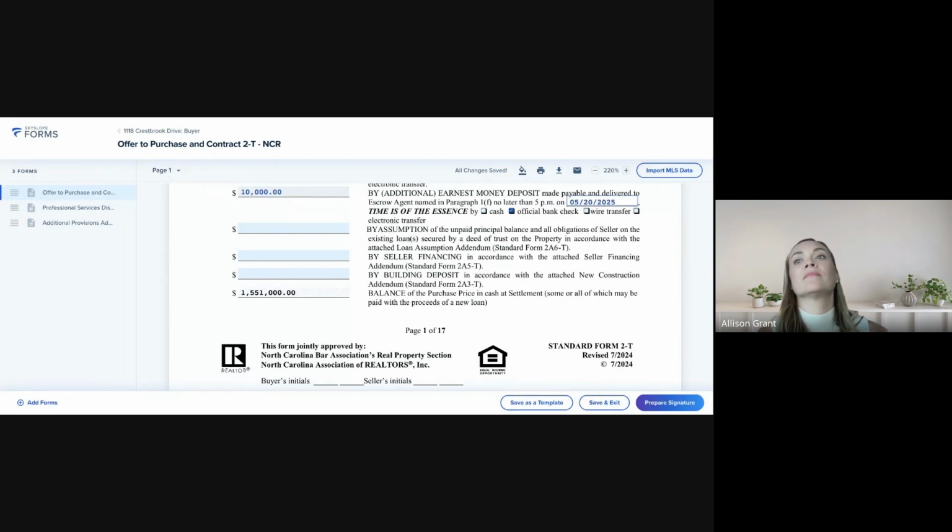Because then if you do want to terminate during due diligence, all you do is send them over the termination. You don't need to get anything back in return. You just say, thank you very much. My buyers have decided to move on. Best of luck to you and your sellers. Boom, done. Contract's over. So it's actually cleaner and easier for both agents on both sides. It's easier for both firms on both sides,